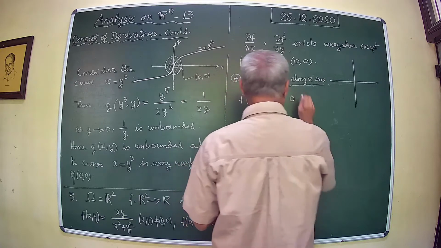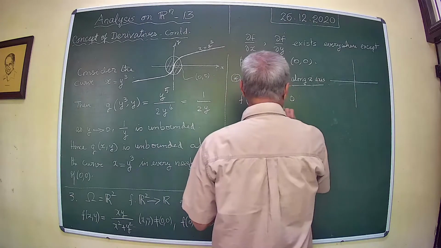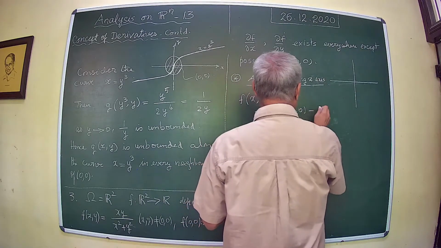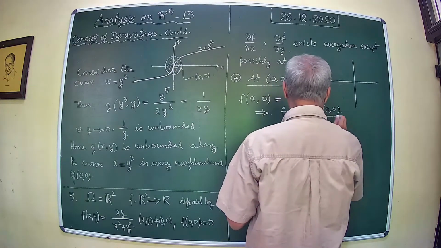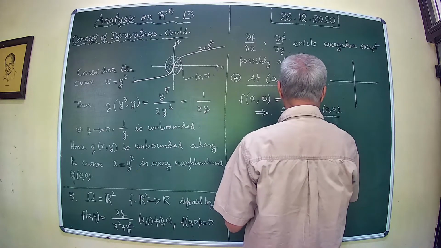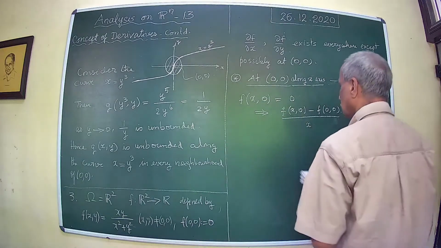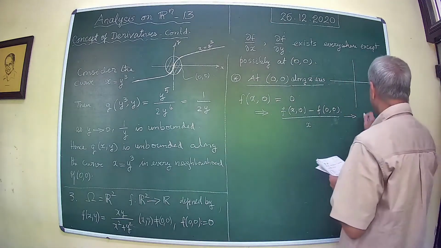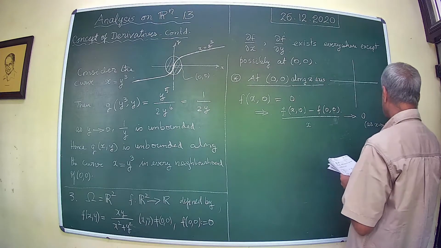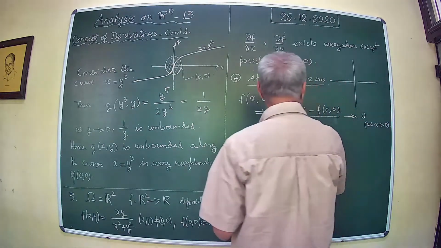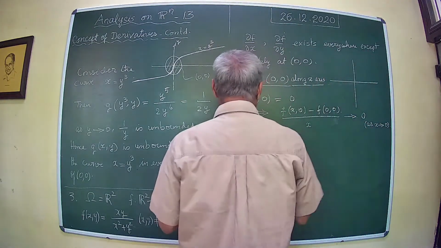This is 0, which implies the limit tends to 0. That's because this is 0, this is also 0. So similarly,